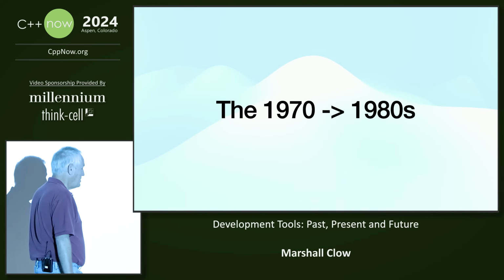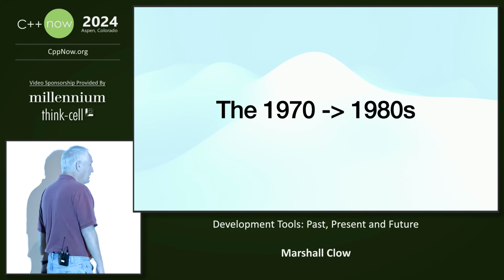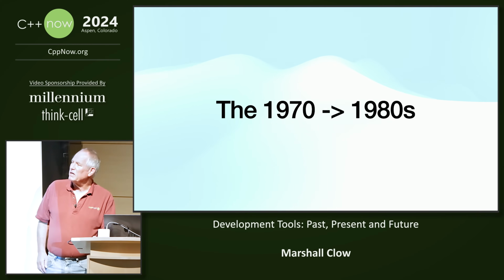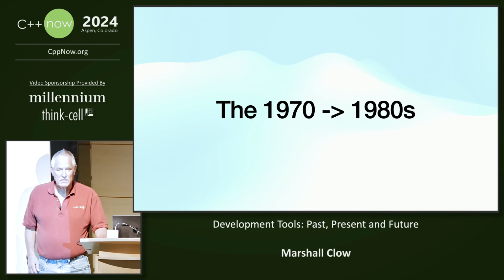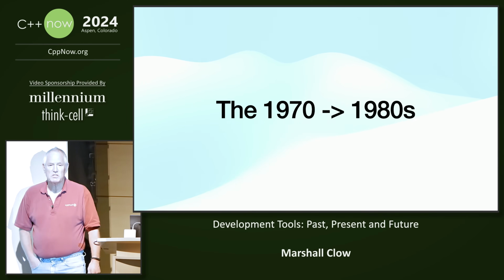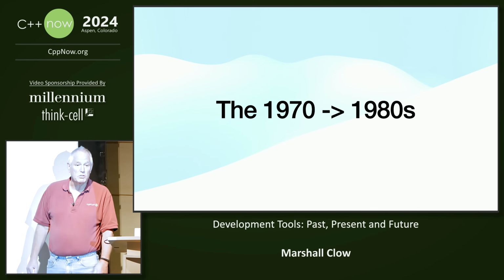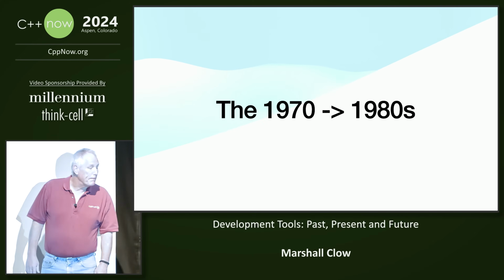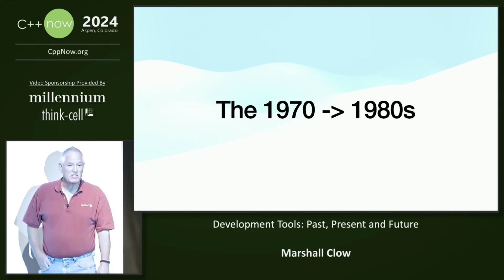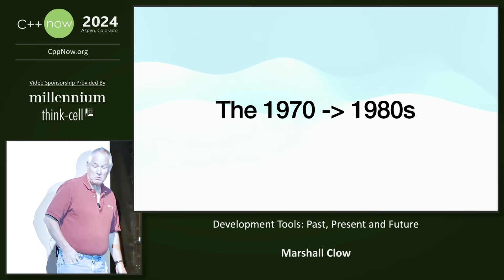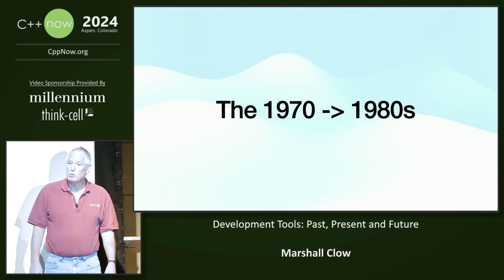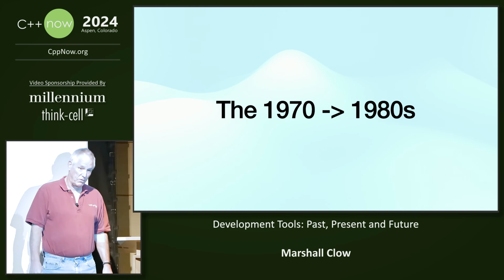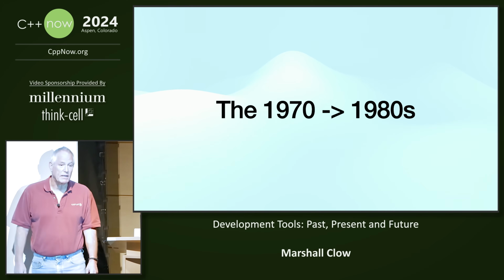Okay, so we'll start at 1970. The 1970s and 1980s. We're going to talk about a bunch of things that happened then, because that was a great time for software development. It was the time when we first started seeing the first personal computers that didn't take up a room or, heaven forbid, an entire data center. It's the time when the access to computers basically exploded. You didn't have to go work for IBM to get access to a computer, or DEC or somebody.